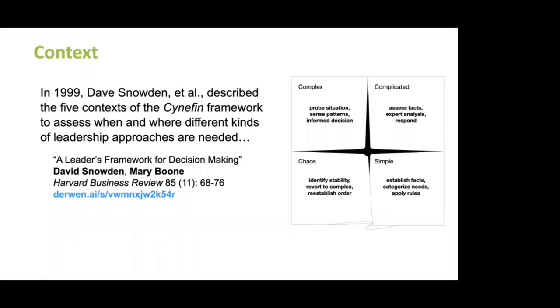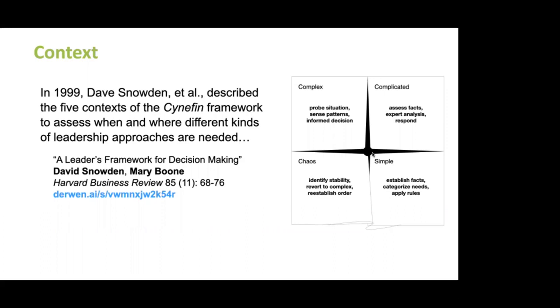But the idea is that Snowden was at IBM, at Global Business Services, in the late 90s, and they were running into a lot of, how should we say, leadership styles amongst their clients. And they noticed that some leadership styles work better in particular contexts than others. So they wanted a way to describe this, and they came out with Cynefin, which describes 5 contexts. And I'm showing here simple, complicated, complex, chaos, and then the one that's in the midst of all of them, complete disorder. There's a primary source if you want to check it out. There's an article they wrote some years later for